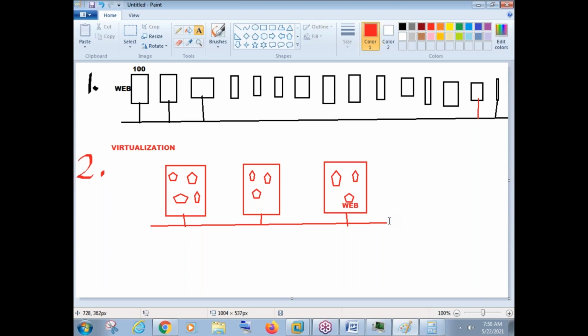But where is that virtual machine running? The virtual machine is running on a physical machine only, right? But on this one single physical machine, how many virtual machines have we created here? Suppose approximately 33 virtual machines. So how much money have we saved here? We spend money only on one physical server and we have created 33 virtual machines. Like this, on one physical machine, we can create up to 1000 virtual machines. So instead of purchasing 1000 servers, guys, you can purchase one server with good configuration and you can create up to 1000 virtual machines.